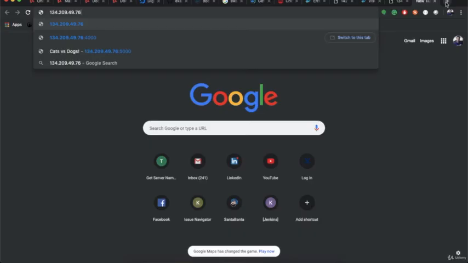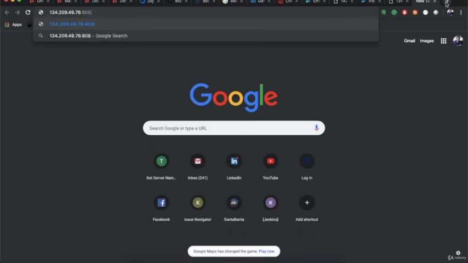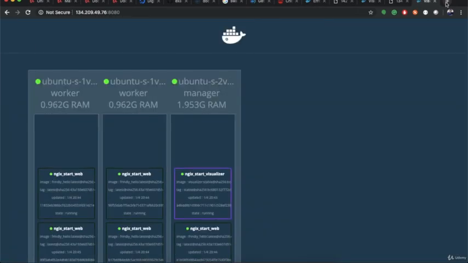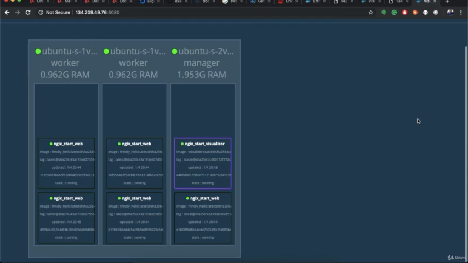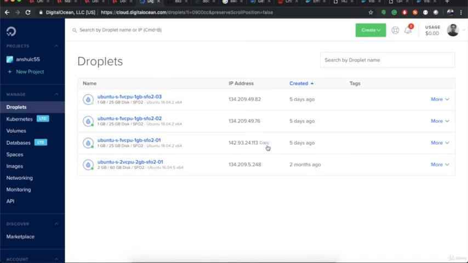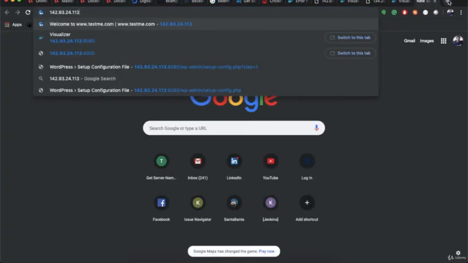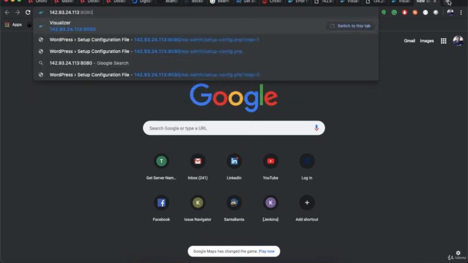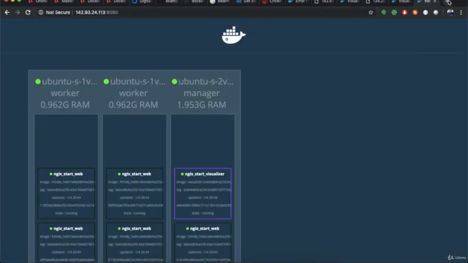Now if I try to access the same IP on port 8080, we will get a UI like this. See, this is the visualizer, and you can access the visualizer on any node because this is the property of Swarm. You can access your running service on any node which is part of the Swarm, so you can access the visualizer on another node as well.